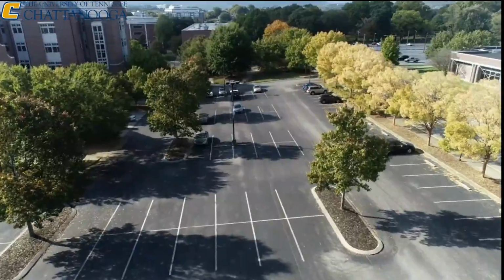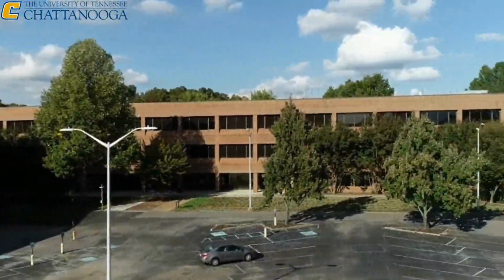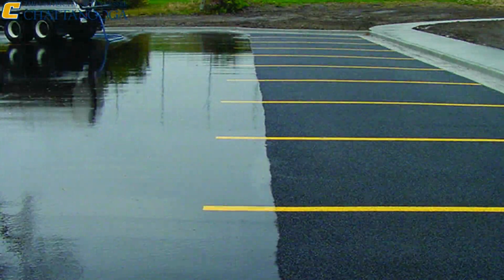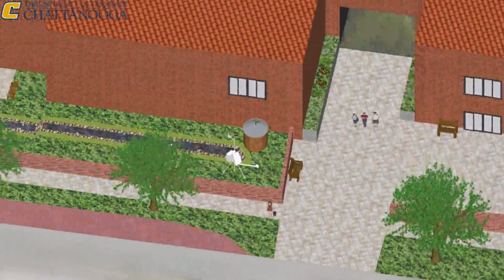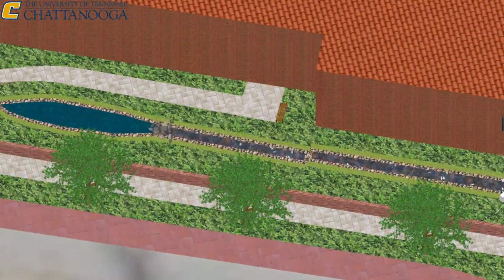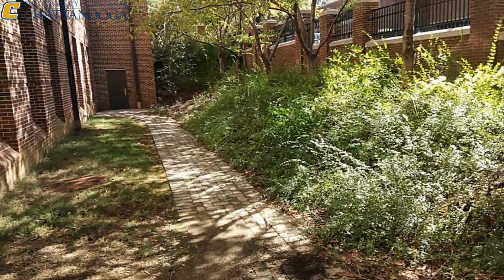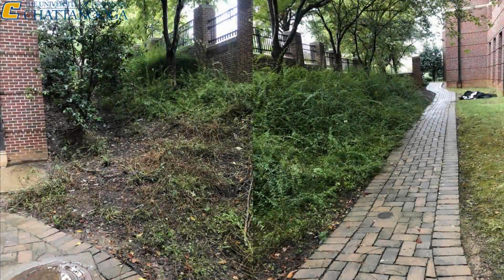For these two areas, we hope to replace the existing pavement with permeable asphalt and pavers where applicable. These additions will not only reduce the amount of runoff left in the lots, but will trap pollutants within the pavement itself. Area 3 is a potential outdoor lab to be used for either academic or recreational purposes. This redesign will provide much needed green space to an otherwise gray area, allowing students a small spot to relax